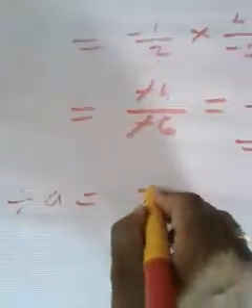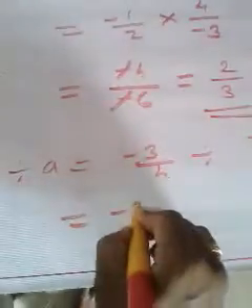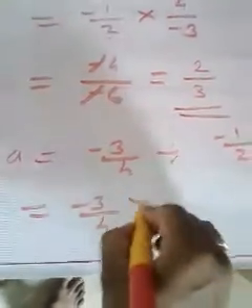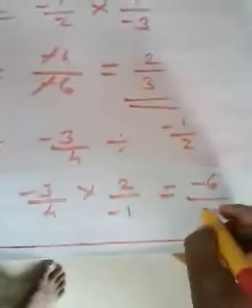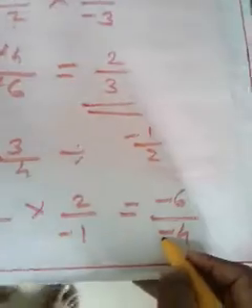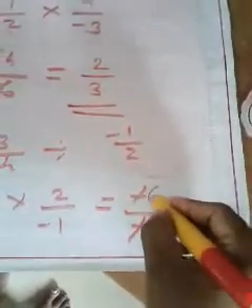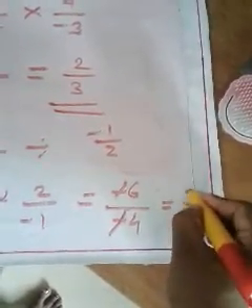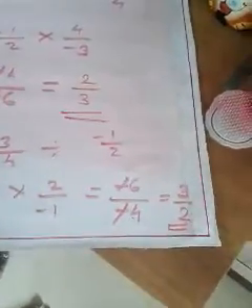And what is B divided by A? Minus 3 by 4 divided by minus 1 by 2. So this time minus 3 by 4, division becomes multiplication, take the reciprocal, 2 by minus 1. So what is minus 3 into 2? Minus 6. What is 4 into minus 1? Minus 4. When you cancel this, what will we get? Tell me very fast. Minus and minus will get cancelled. By 2 we can divide it. So in 6 how many 2? 3. Isn't it? In 4 how many 2? 2. So the answer is 3 by 2.